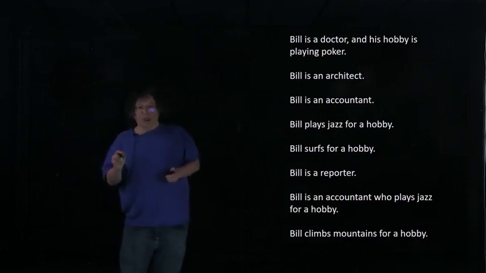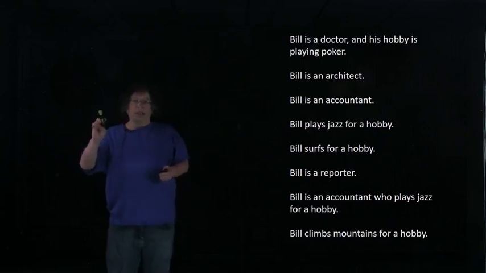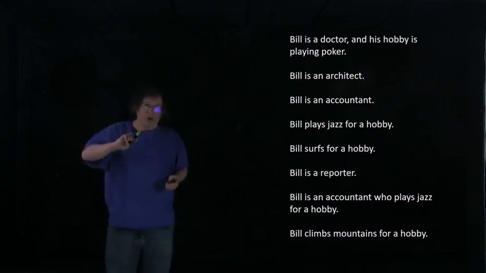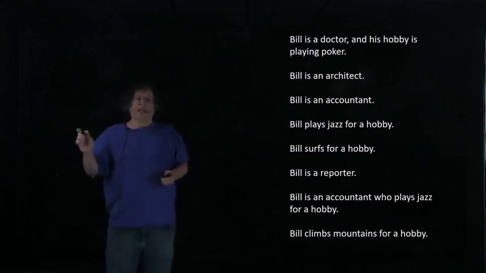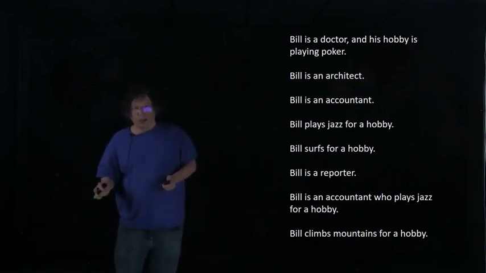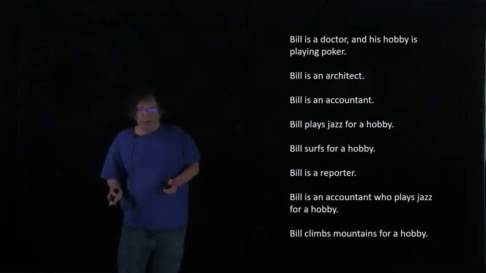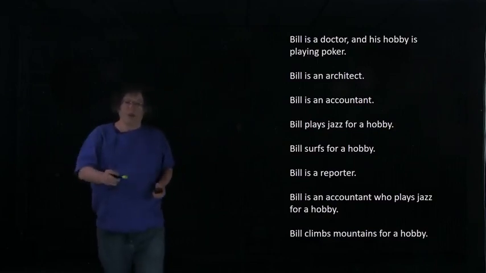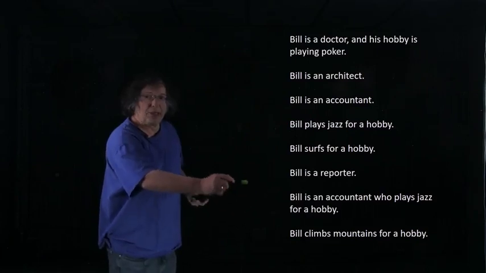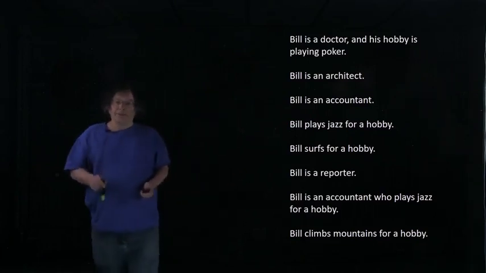When people answer this question, they rank Bill is an accountant as most probable, Bill is an accountant who plays jazz for a hobby as next most probable, and Bill plays jazz for a hobby as least probable. In other words, they view this statement as more likely than this statement. Now,